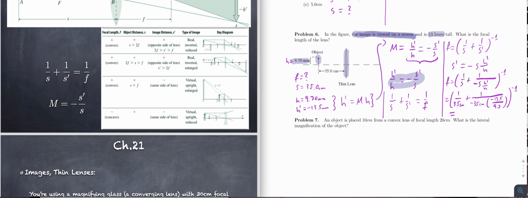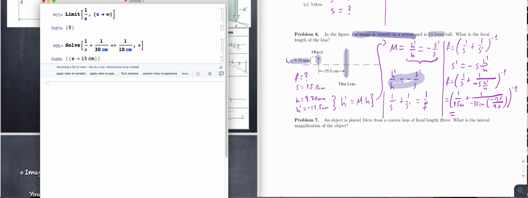And so for my final thoughts on this, we'll go to Mathematica. I'm doing all this to the negative 1, and I have 1 over 35 plus 1 over, and then what happens here, I just have two negatives, which give me a positive. So I have